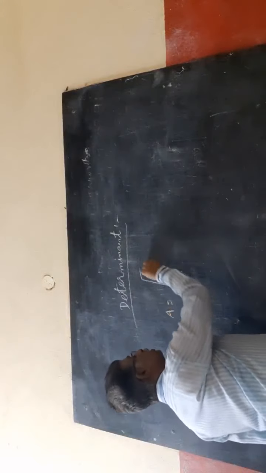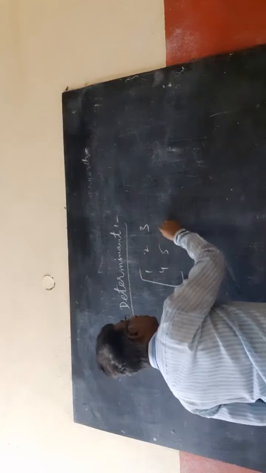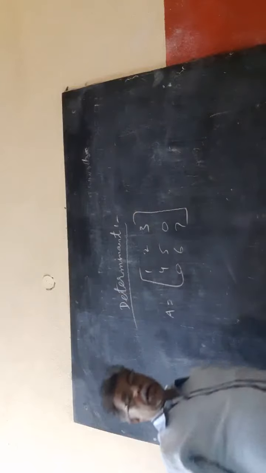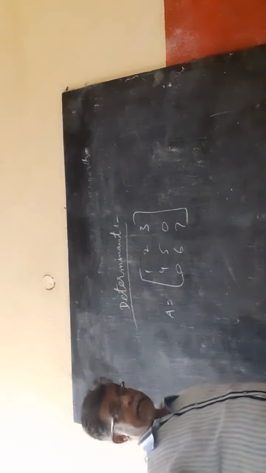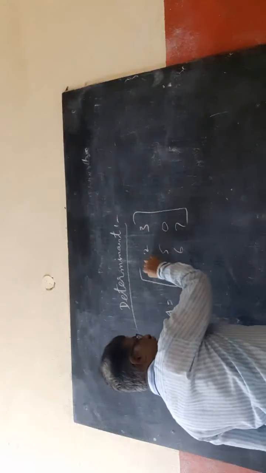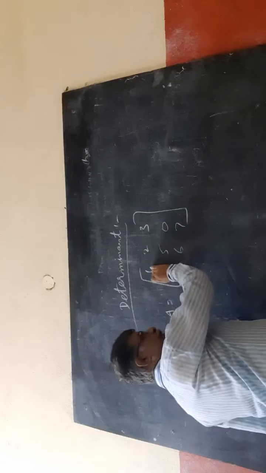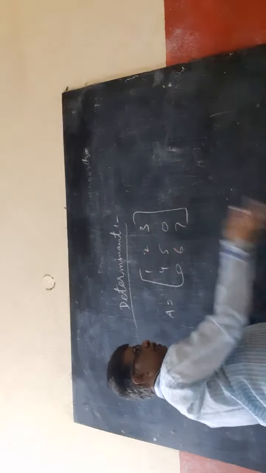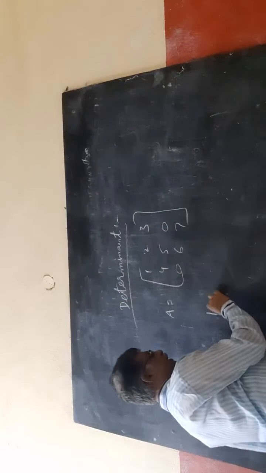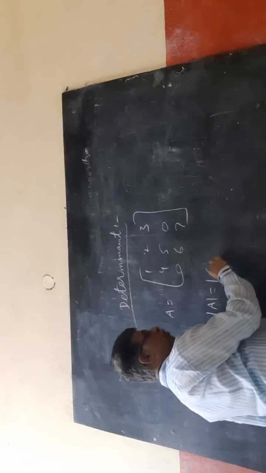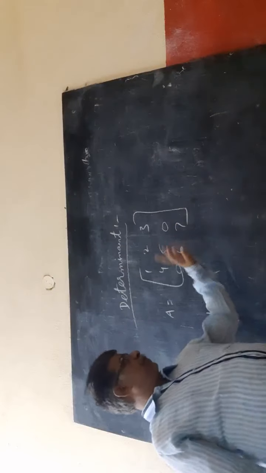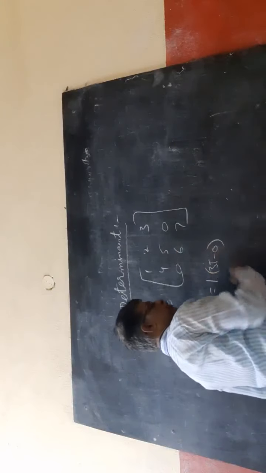For example, A equal to 1 2 3, 4 5 0, 0 6 7. I want the determinant of this. Then any row or column multiplied by their corresponding cofactors. So if I am taking this first row, I will take 1 into its cofactor, 2 into its cofactor, 3 into its cofactor, like that, and add it together. That gives you the determinant. So det A equals 1 into its cofactor, -1 whole power i plus j, excluding this row, this column, 7 into 5 is 35 minus 0, 35 minus 0.